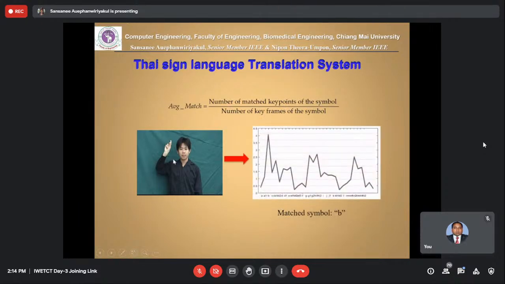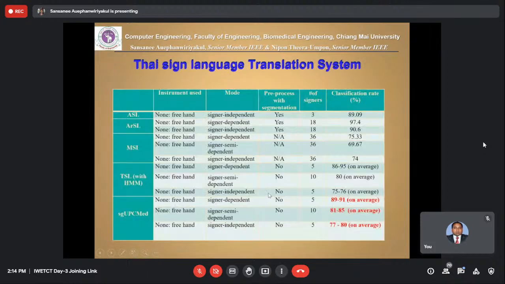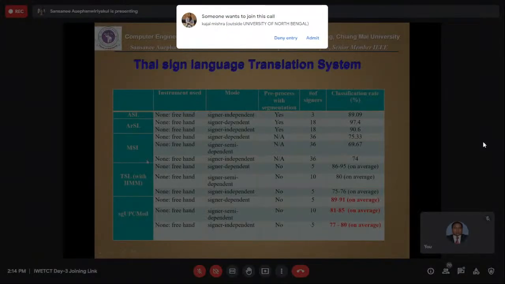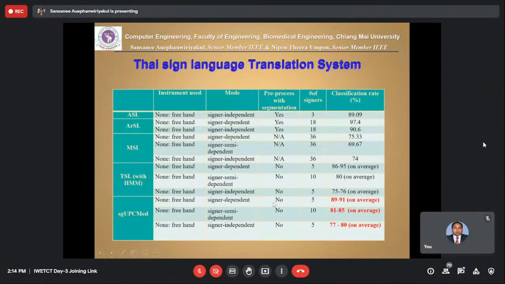So in this frame, we have a value for each character, right? The one that gives us the highest value points us to the character that we want. In this case the highest is here, so it matches with character B. It means that this keyframe is represented by character B. We did that for all the frames selected from the video, so we get a symbol sequence. Then we run our algorithm on that data set, and we get about 90% on average